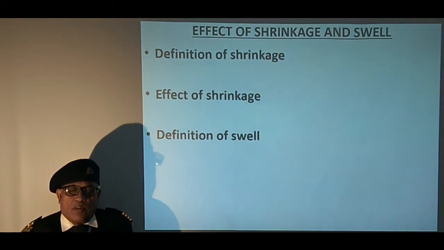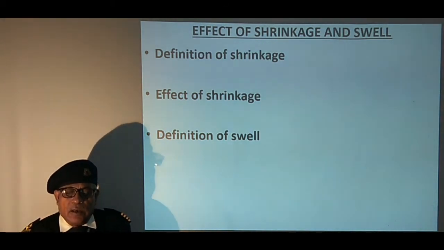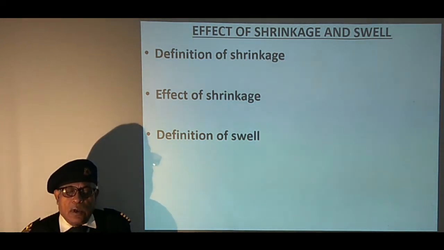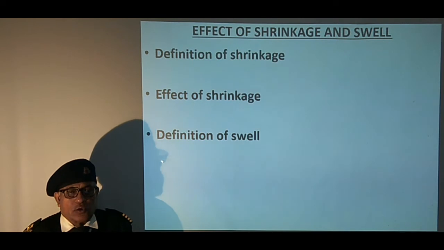Similarly, when boiler load increases suddenly, as in case of safety valve lifting, steam pressure will drop, thereby causing an increase in bubble formation, showing an apparent rise in water level, although the mass of water is actually reducing, and it is termed as swell.